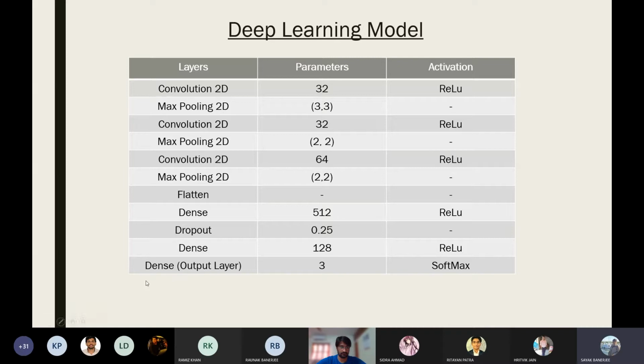Our final output layer will have three neurons, because we are detecting three classes: the early blight disease in potatoes, the late blight disease, and whether it is a healthy leaf.